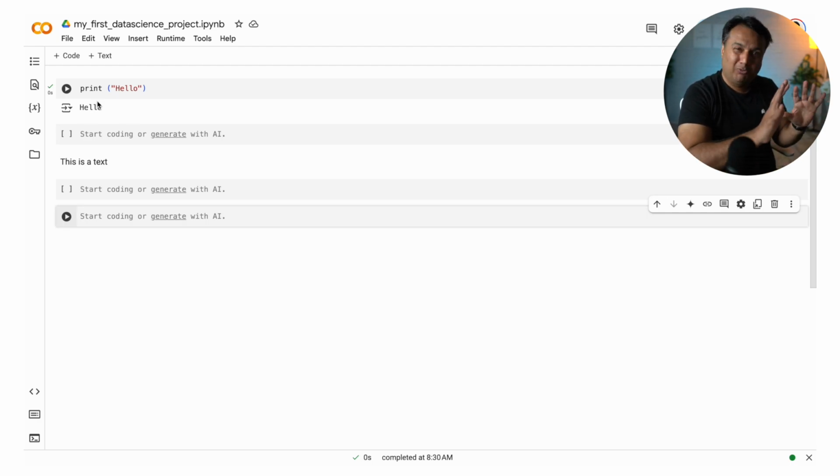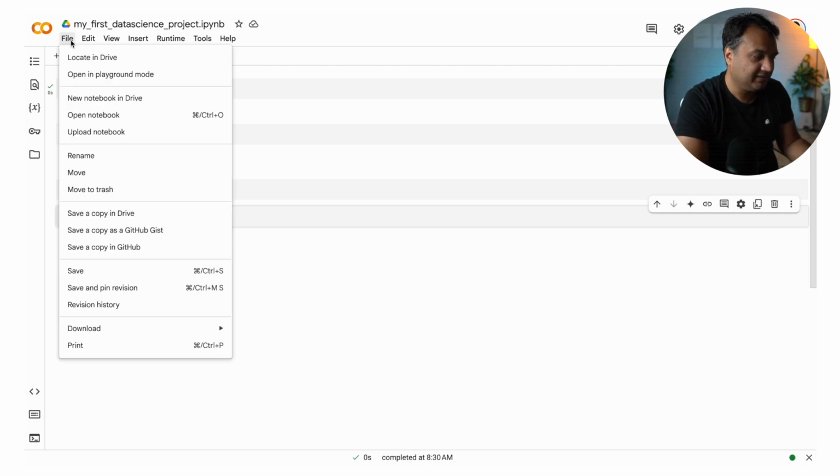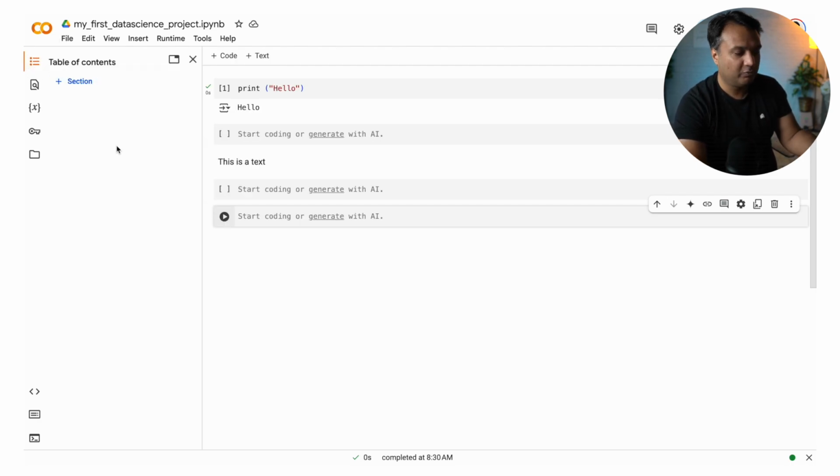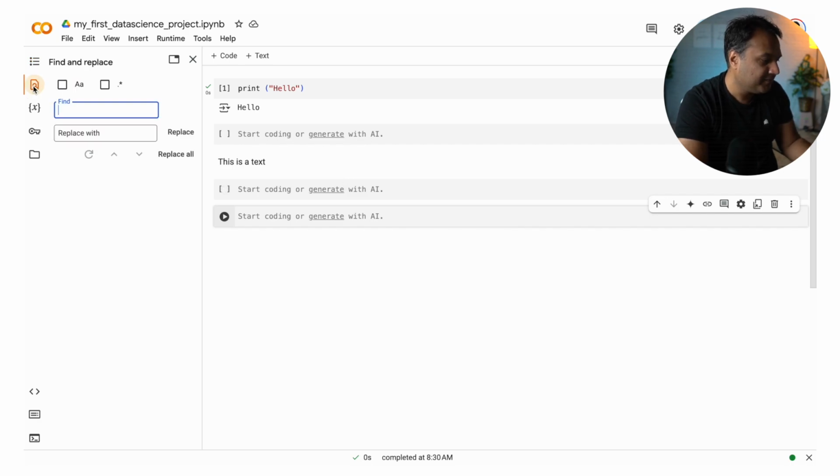Now, that is pretty much most of the things you want to know. A little bit more, just in case: just like pretty much every tool, you have the toolbar on top. You can see what the different options are there. You won't be using most of them, so don't worry about it. On the left, you have some things. It will show you how your code is organized, especially if you have different sections. You don't have it right now, so don't worry about it.